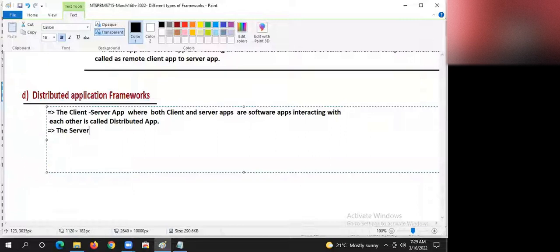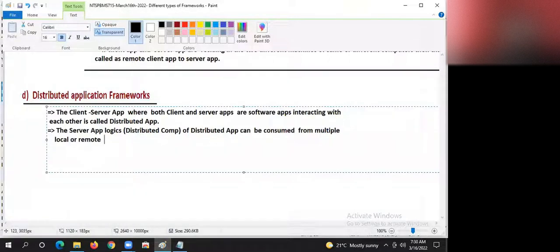The server application logics of a distributed application can be consumed from multiple local or remote client applications through method calls. Yes.